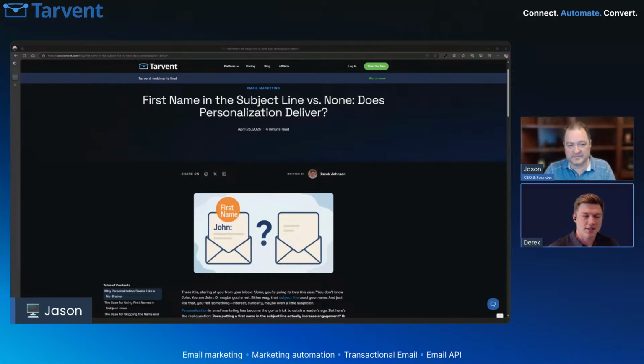But if I get an email that says "Hey Derek, you left an item in your cart," or "Hey Derek, I saw that you attended X event," and it has something based on a behavior I performed or an interest I have, I'm much more likely to open it, because it's based on something I did. So it's an email specifically for me. That's an example of how you can use a first name in a subject line and it not be personal, and how you can and it still be personal.